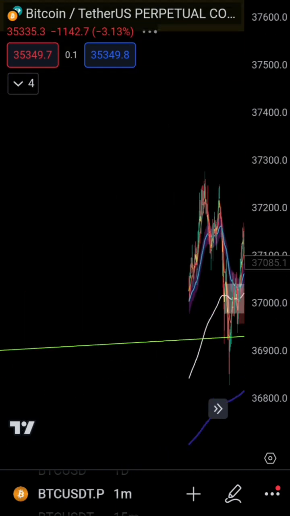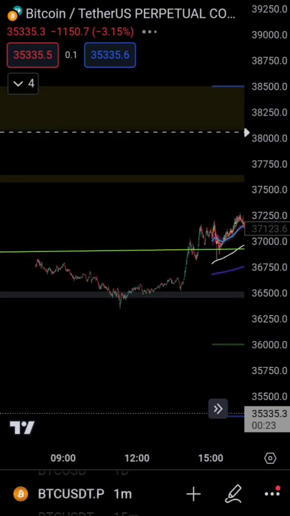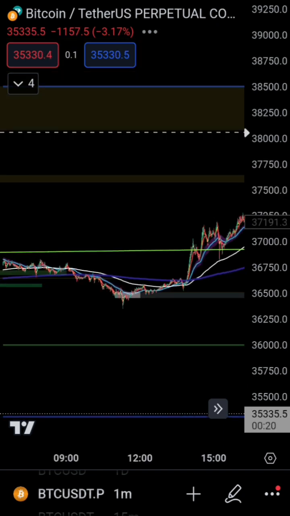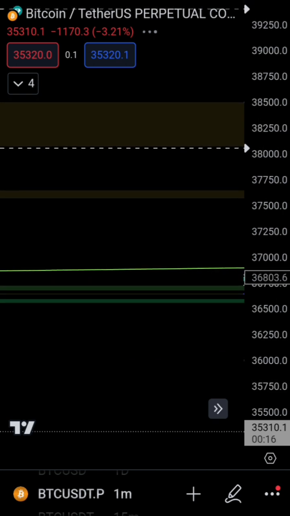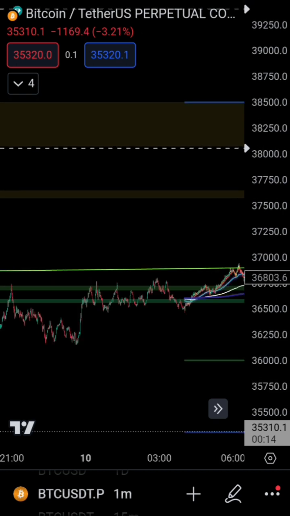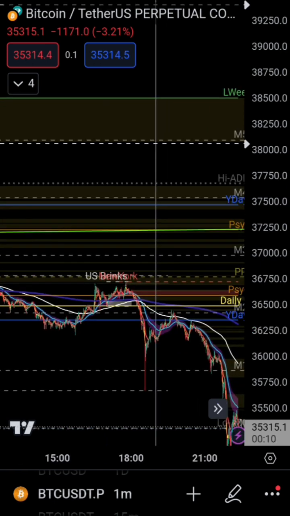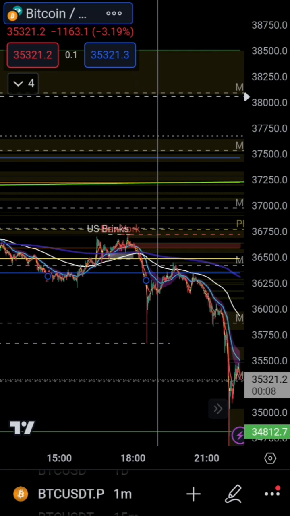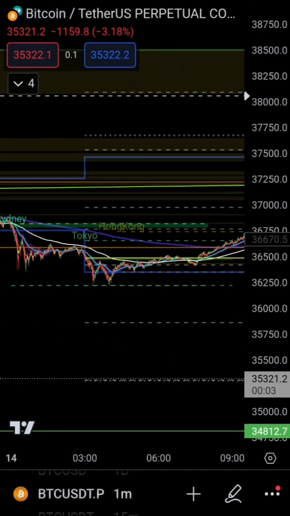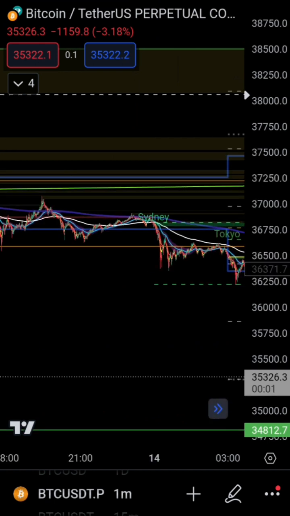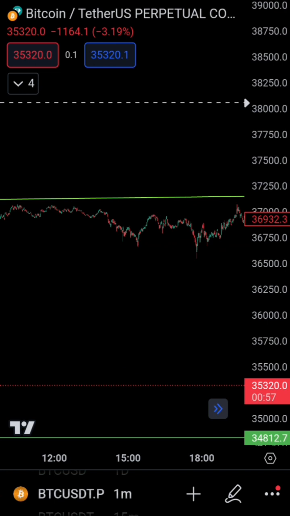So let me go back. Why is it taking too long? Because when markets move and they're moving fast, you really want to be looking at smaller time frames to be able to see what will happen, because the markets don't give you much time to react. Just bear with me a second. I'll just go to the left and show you something.